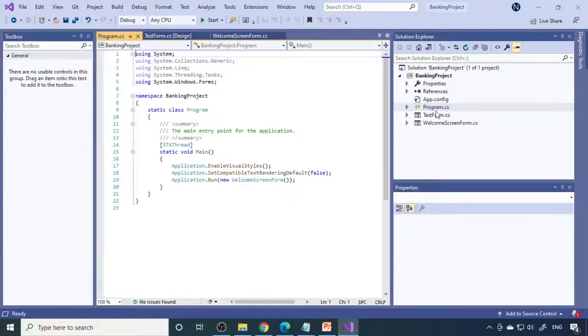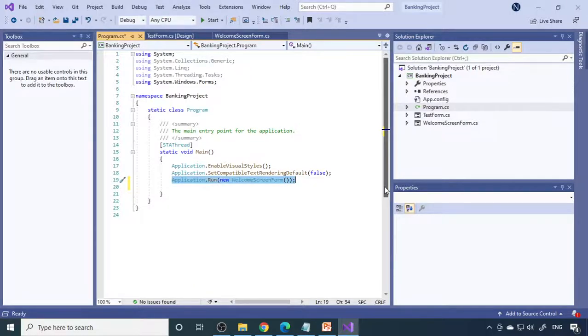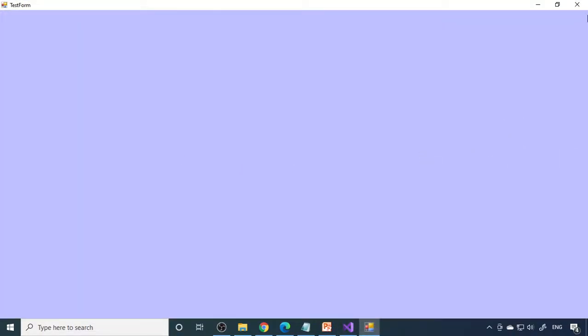So therefore you need to go to Program.cs. I discussed this already. So here you need to change the form name. So paste this, and remark this. Two forward slashes is the remark, so the code should not execute. The code is in green color, that means it will not be executed. Now this is the TestForm. T is capital, it is case sensitive. Be careful when you type the names. Okay, TestForm. Now if I run this, see that TestForm is running.